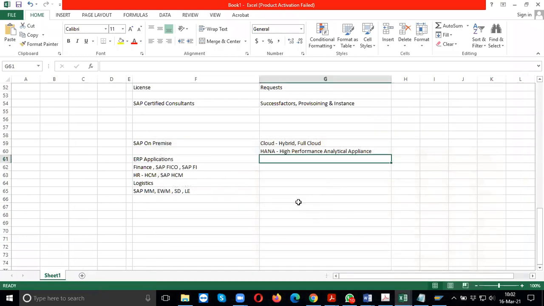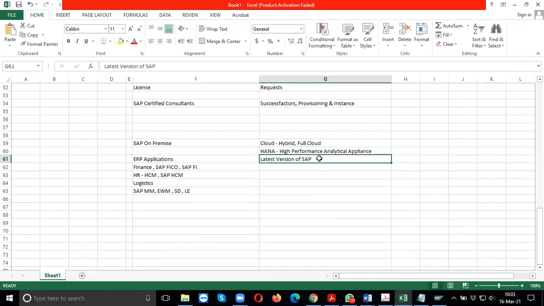See, HANA is now used for high performance analytical appliance. This is generally being used for the cloud hybrid or full cloud applications, which is the latest version of SAP, right?